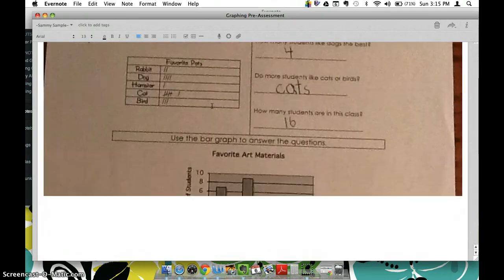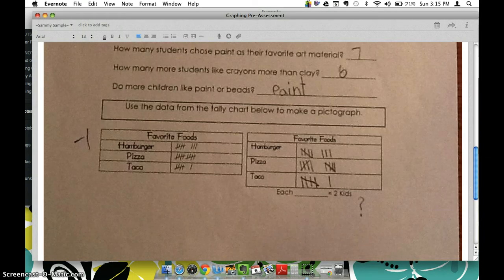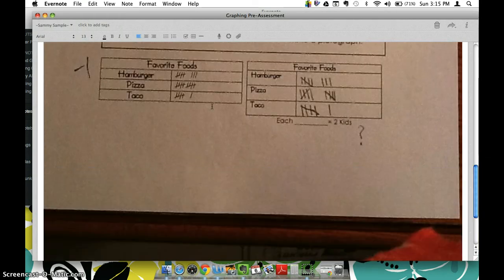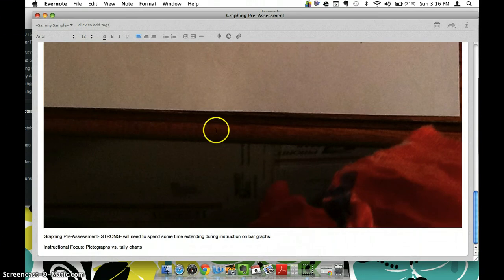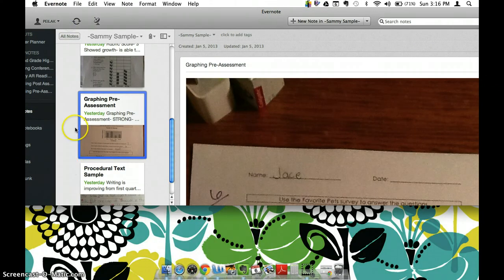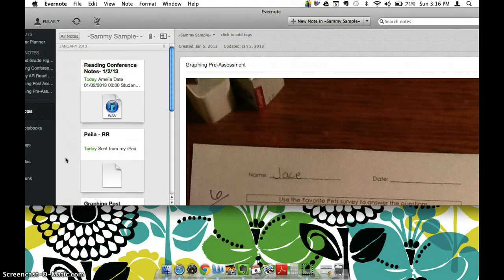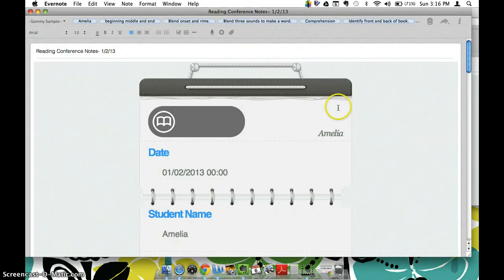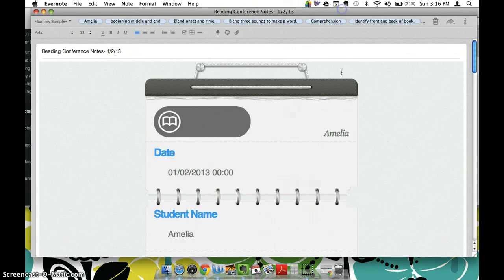Pre-assessments. I like to take a peek here, save these, just a picture. It's not super high quality. I'm not using it for anything other than my reference, and just to have it in case there's ever a question and it can't be found. I can put observations about their work, instructional focus information. The other cool thing that you can do with Evernote is something that I'm going to show you at a later time that I learned from an amazing educator online,